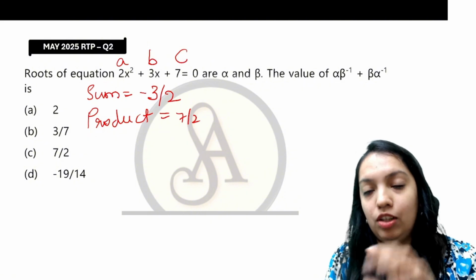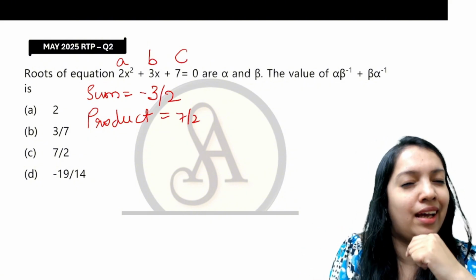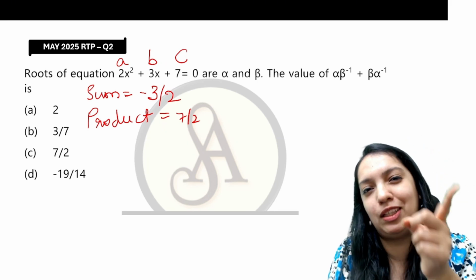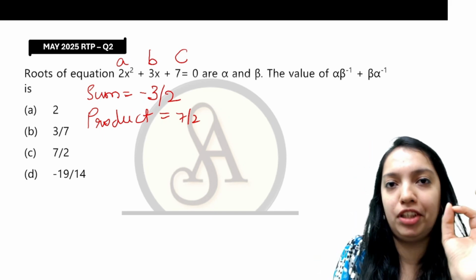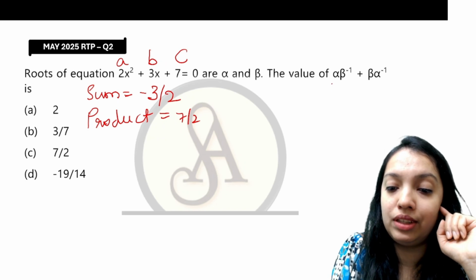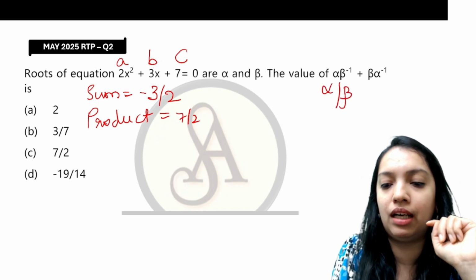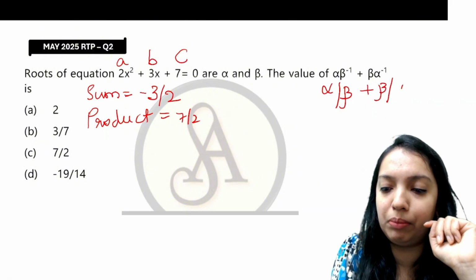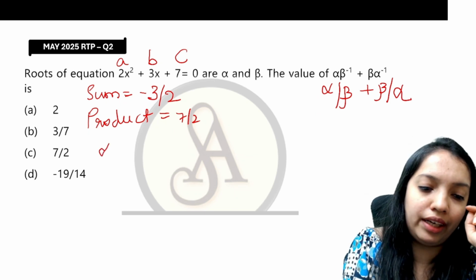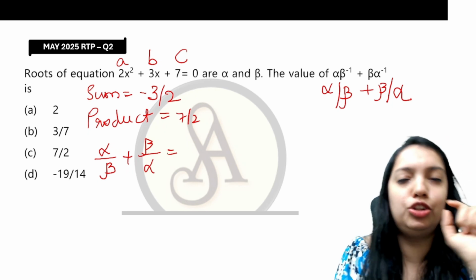What are they asking? Look at that expression. It has power minus 1. I love power 2, power 3, power 4. I hate power minus 1, minus 2, minus 3. So whenever you have any negative power, remember you have to take the reciprocal. So they are asking alpha divided by beta, reciprocal of beta, plus beta divided by alpha because alpha has power minus 1. So if I have to find alpha by beta plus beta by alpha,